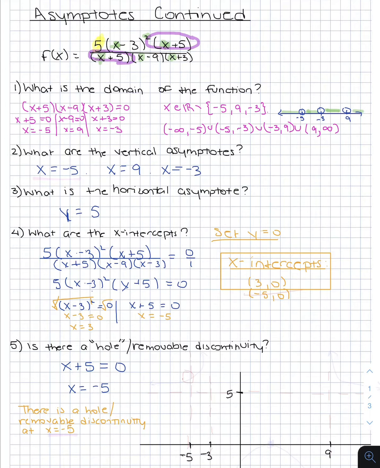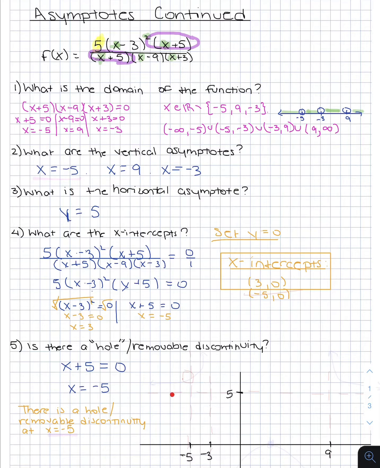If you wanted to draw a sketch of the actual graph, you know that there is a vertical asymptote at negative 5, so it's never going to touch that. If we wanted to draw a sketch of the actual function, we can first label all our horizontal and vertical asymptotes. But what we do know is that one of our vertical asymptotes is x equals negative 5, and what we just found out is that x equals negative 5 is actually a hole. So first, let's draw out our